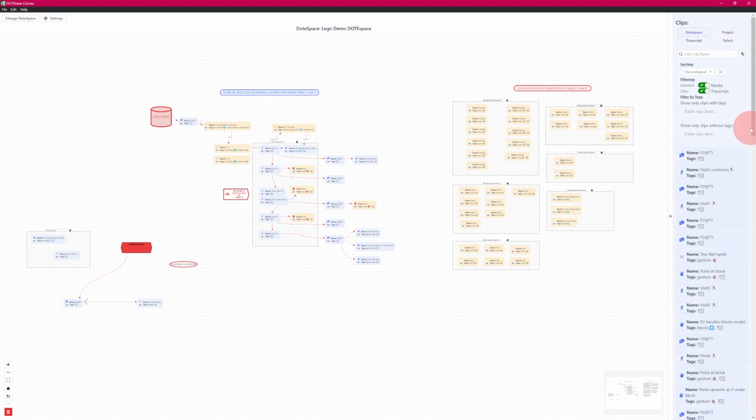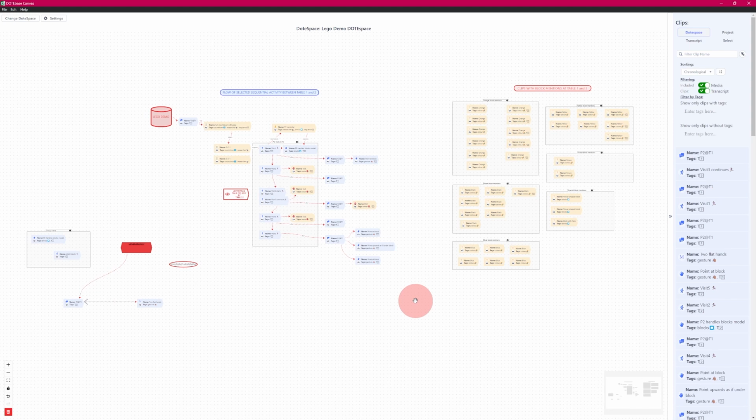So a nice rich way, as well as the way as if you're working in DOTEbase, you can send to Canvas, and then it will appear down here, which is something we talked about in the first tutorial, the basic tutorial for Canvas. So that's lots and lots of ways of getting your clips onto your canvas, joining them up, making new representations that are helpful for you in beginning to figure out what the phenomena is and how to begin